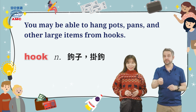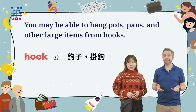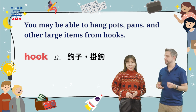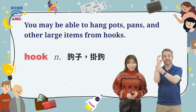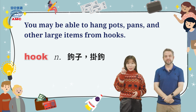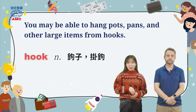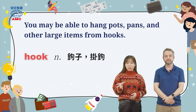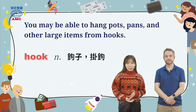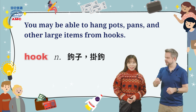You can even use a hook to move things. A good example I thought of recently, of course, the character Captain Hook from Peter Pan. One of his hands is a hook. Yeah. So that's all the thing you need to think of. 所以就是钩子挂钩 I always hang my cutting board with hooks. Yeah, 所以文章就是说可以把锅子啊、煎锅或其他大型的用具把它挂起来。